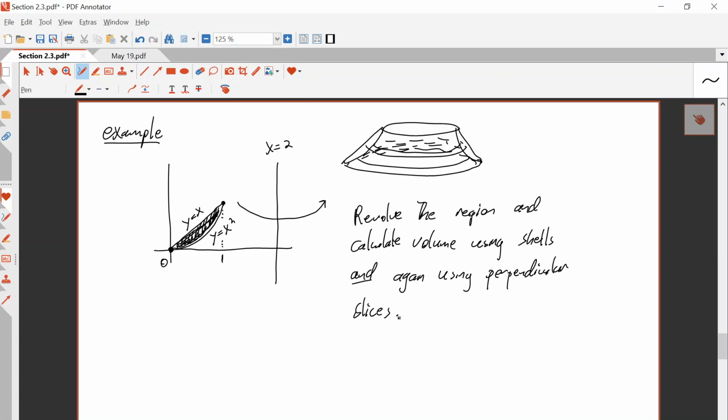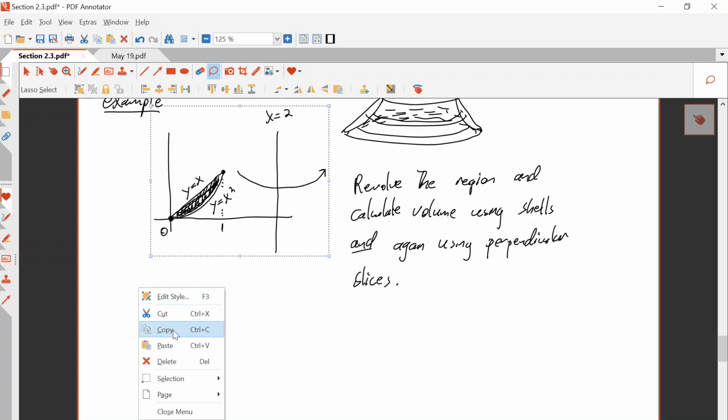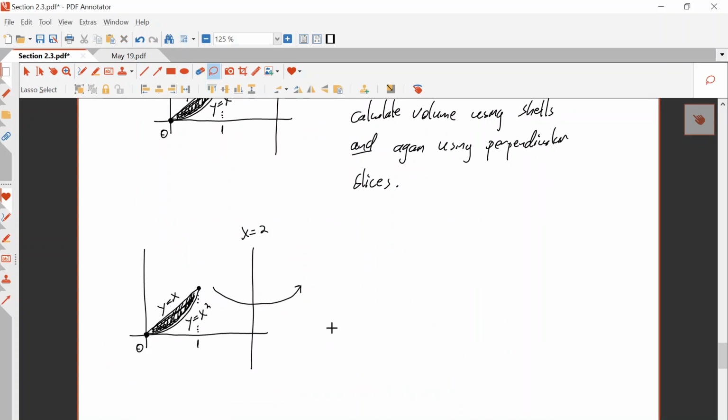Okay, so we're going to calculate it in 2 ways and see that we get the same answer. All right, let me copy the picture. Okay, so first with shells,